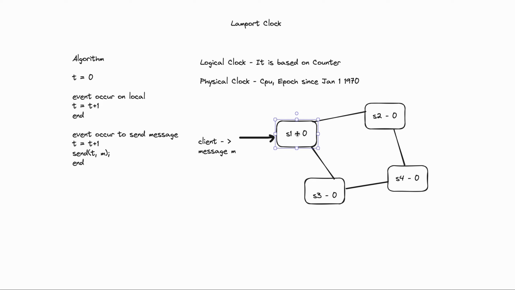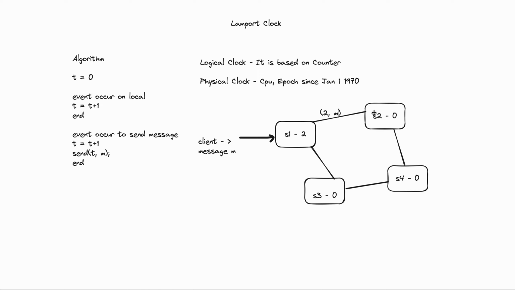So here the message comes, and the counter is incremented to 1 because it receives a message. It then sends the message to the other two nodes. Again it increments the counter to 2 and sends this message